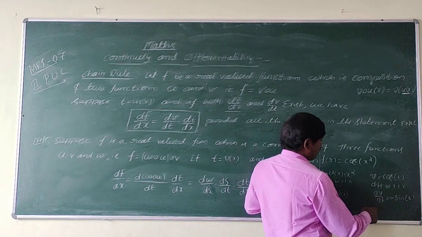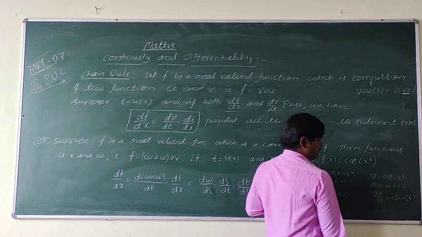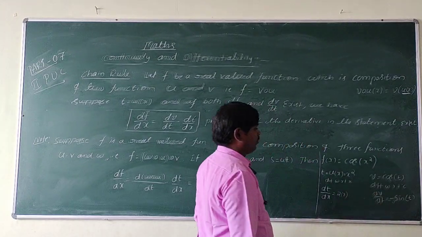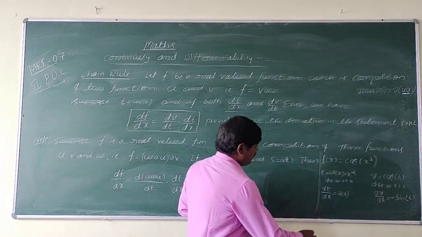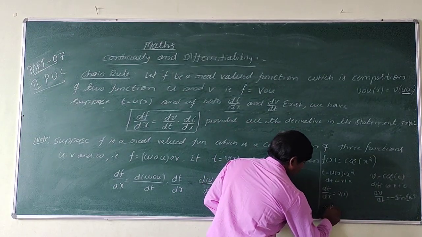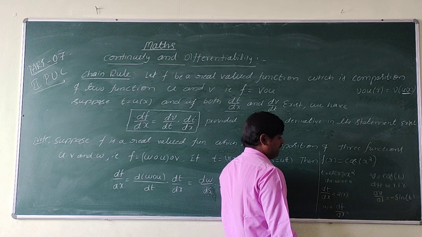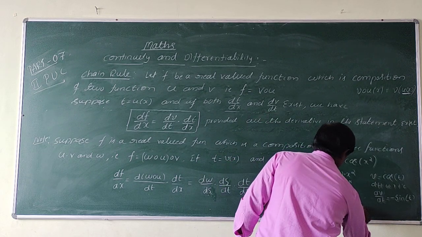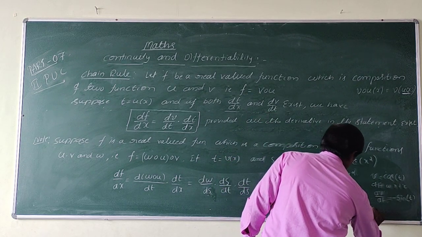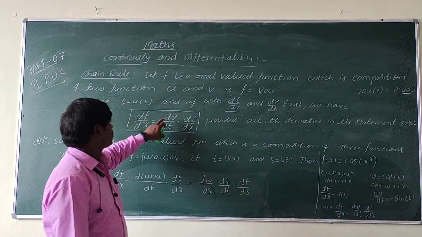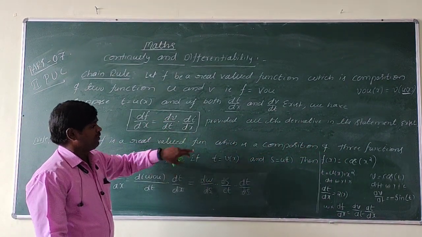So now this is the power of t, sin t, in the function of t. So now by chain rule we know that df by dx is equal to dv by dt into dt by dx.